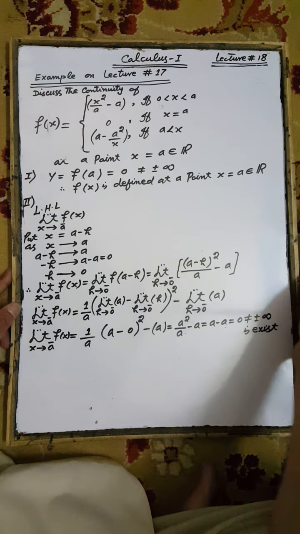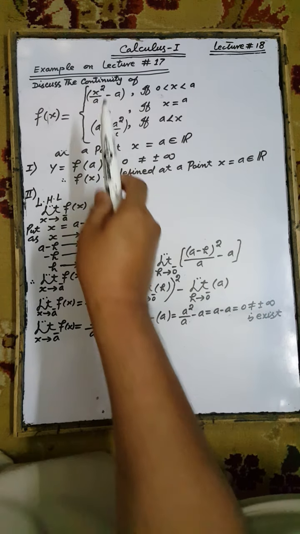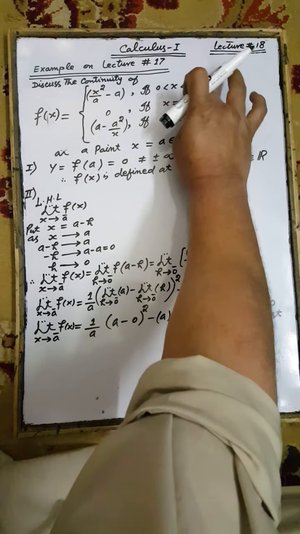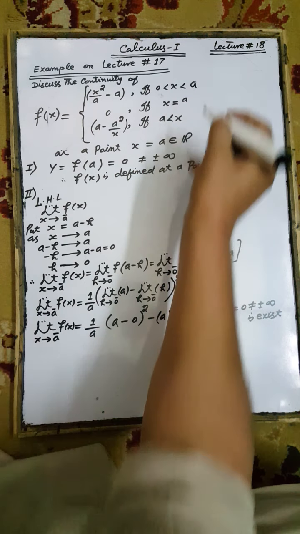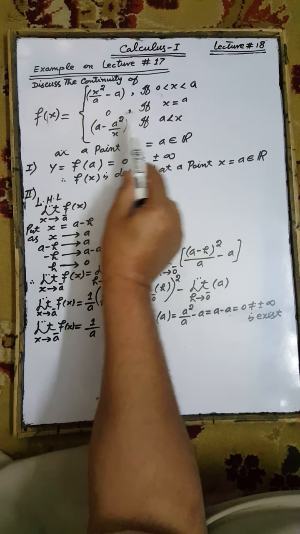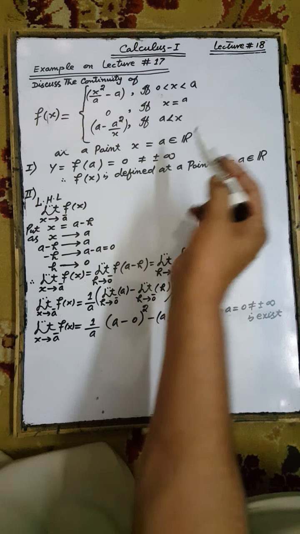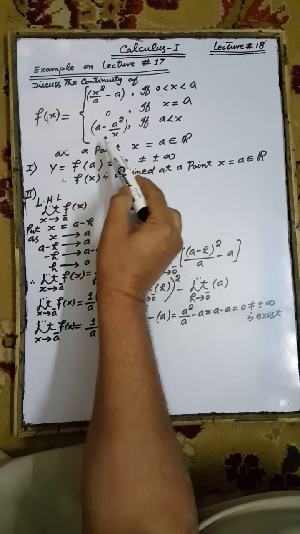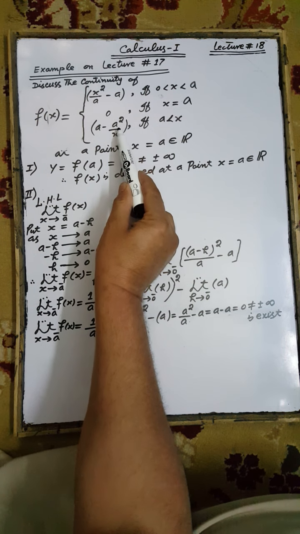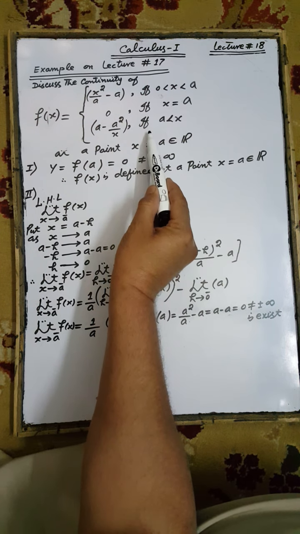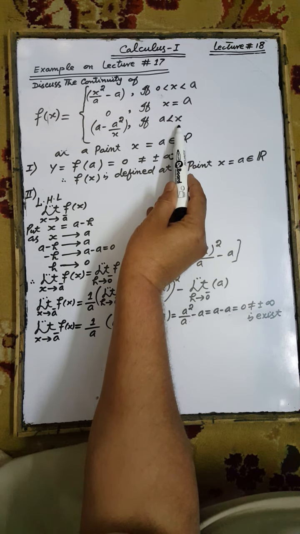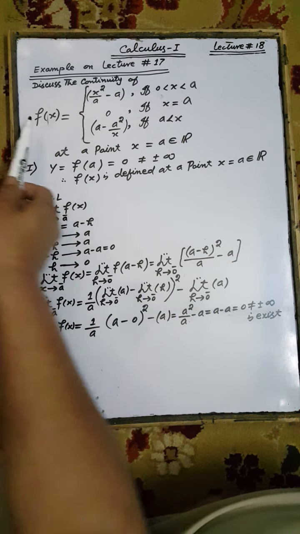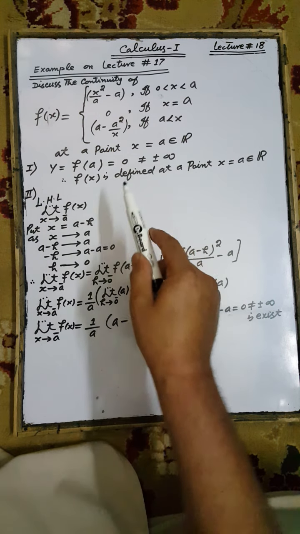Discuss the continuity of the function f of x equal to x squared divided by a minus a if x is less than a, the value of the function f of x is equal to 0 when x is equal to a, and the value of the function is calculated from a minus a square divided by x if a is less than x. To check the continuity of the function at the point x is equal to a,